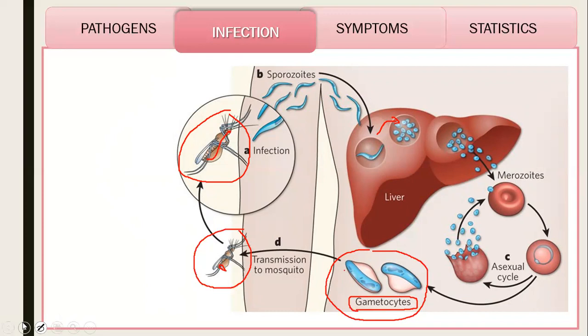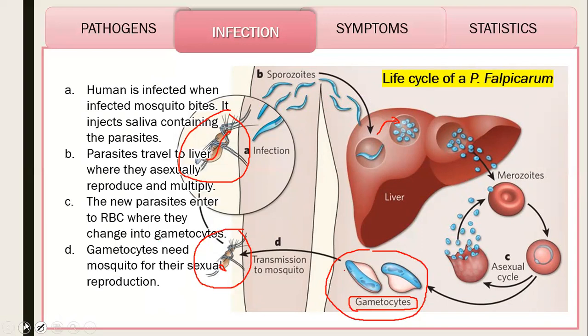And the secondary host, the human, when infected with the parasites, gets an illness called malaria. So once the parasites enter the human body and especially live in the red blood cells, what are the symptoms? As you learned from this slide, we understand that,